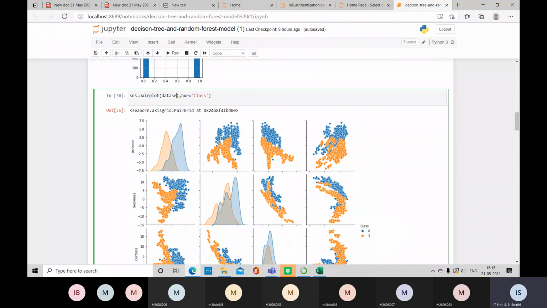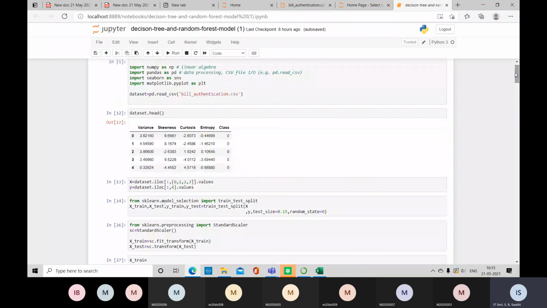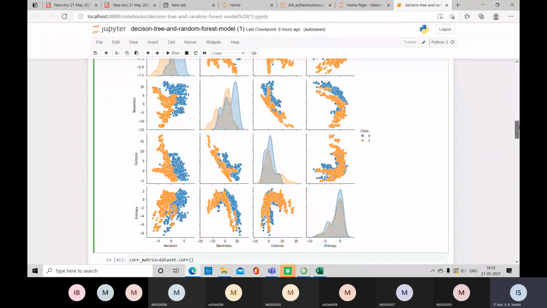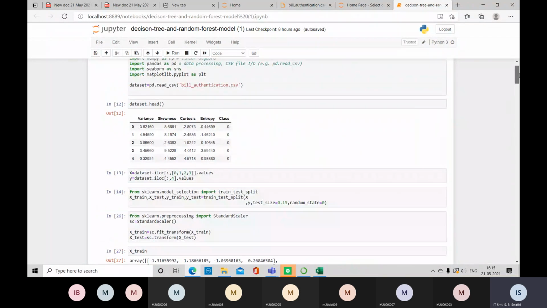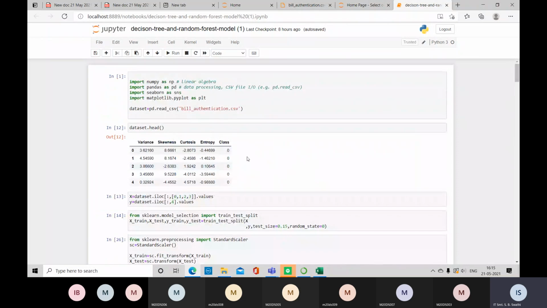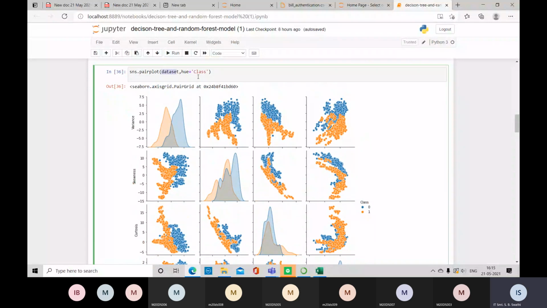I am taking the total data set. The total data set is the 5 rows of data whatever we have taken, so this is our original data set. We are passing it to the pair plot, comma, hue is equal to class we have to give. That means, what is your predicted column? That column name you should pass, with respect to what you want to classify in the algorithm.